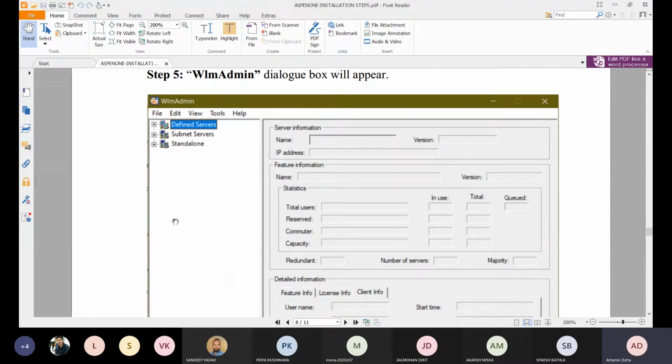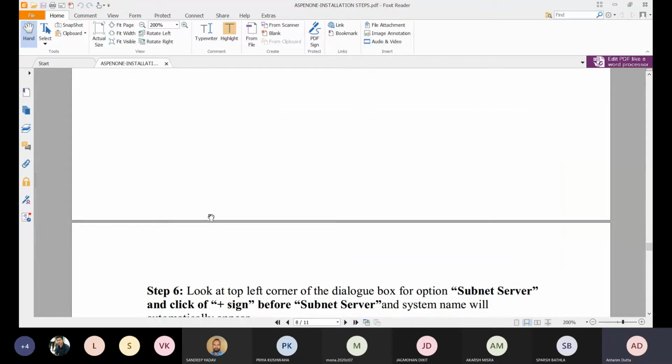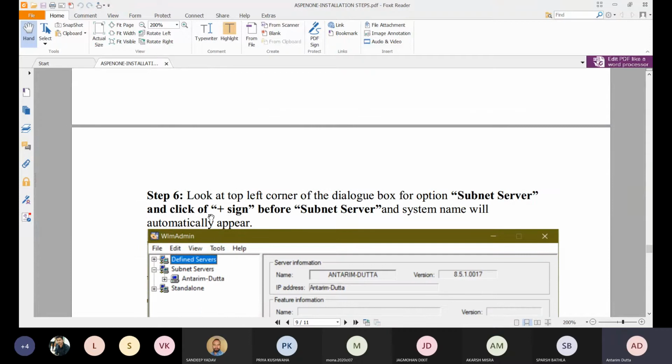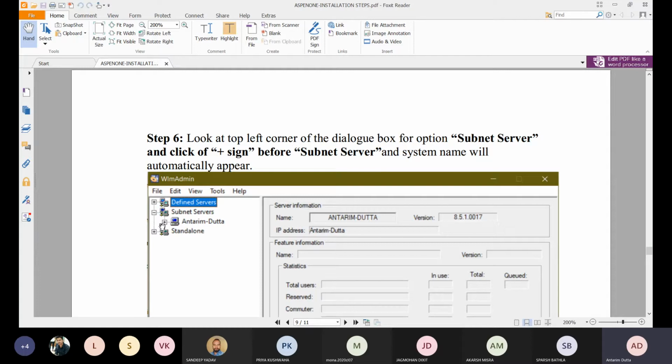This dialog box is very important, and it's the most important step of the installation, since now we are going to install the license. This step belongs to the license installation of this software. So follow the steps very carefully. At each and every single step, you have to be patient enough to let the system do what it is doing, because it will take some time. It's not that you click and it happens immediately. Just wait for the system to finish the job, and once it finishes, you can move ahead.